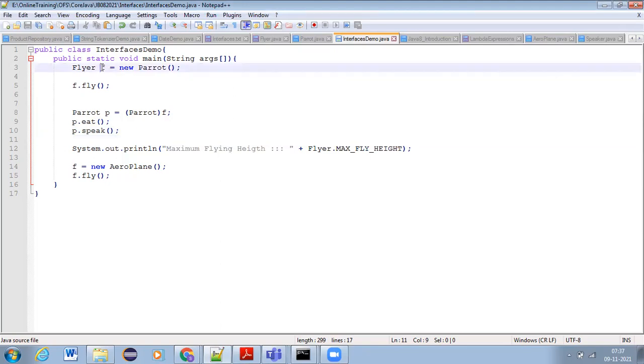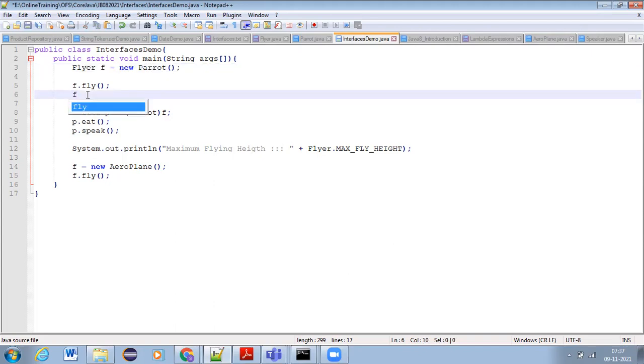in Flyer f, what do I have? Which object reference do I have? Parrot reference, right? Now, if I try to do here f.speak, what happens?